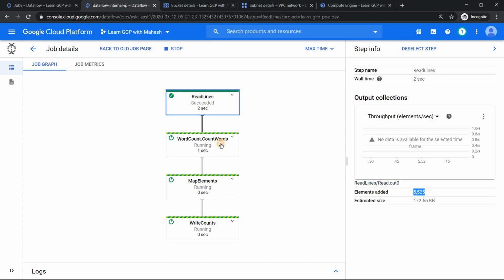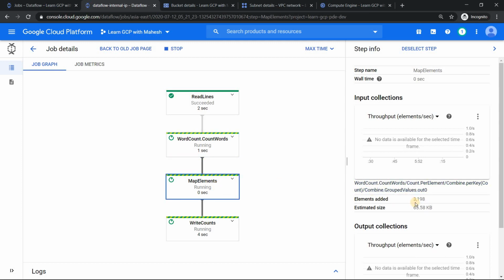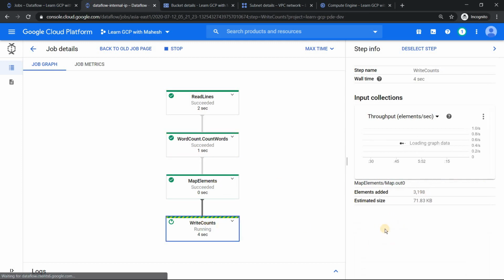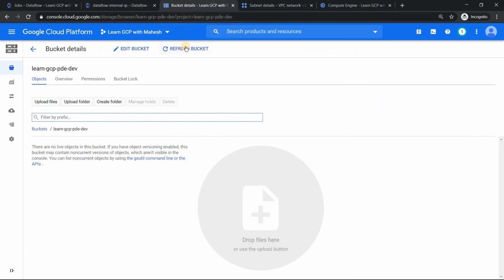That's good. Now it's going to the next stage, the transformation, or you usually call it PTransforms. So it's just processing it. Once it processes this, it should come to the map elements. Lastly, it should write it into our Google Cloud Storage. You see this? It started with these many elements, and after doing word count, because there would be certain words which would be repeated, it has come down to this much. So now let's wait for a couple of minutes, and once we wait, we should see the output here.